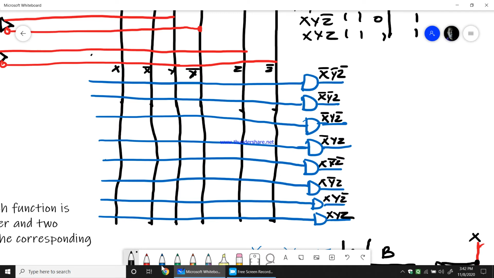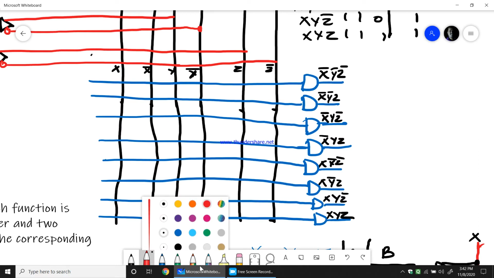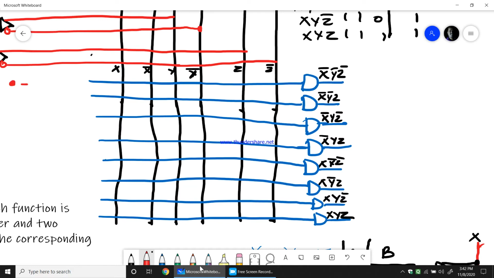So we will have a cross term in those places. In this diagram, a dot says it is a fixed connection, whereas a cross says it is programmable.